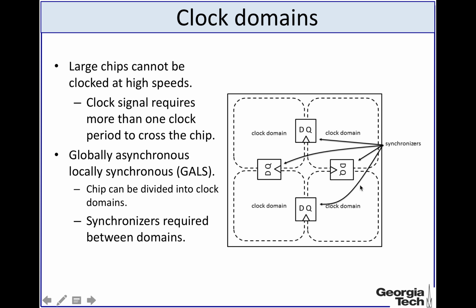But essentially, if the chip becomes very large, then it's not possible to design a clock distribution network for which the clock skew can be very small. So what is essentially done in very large chips is that it is divided into a number of different clock domains, and this technique is called the globally asynchronous but locally synchronous scheme, and each of the clock domains has